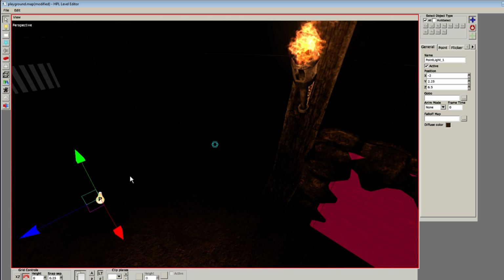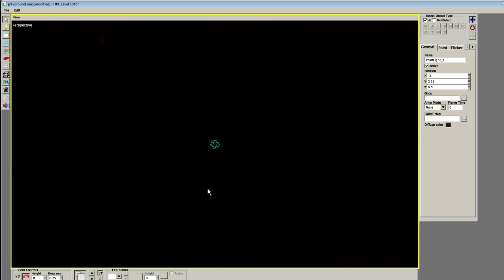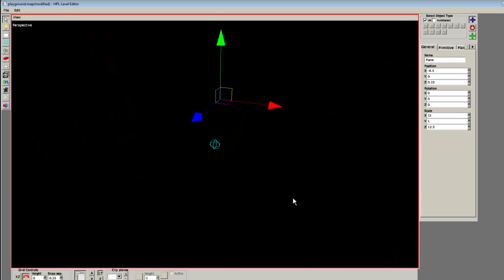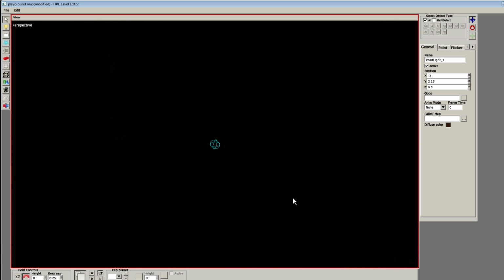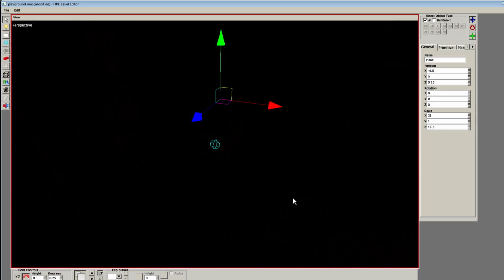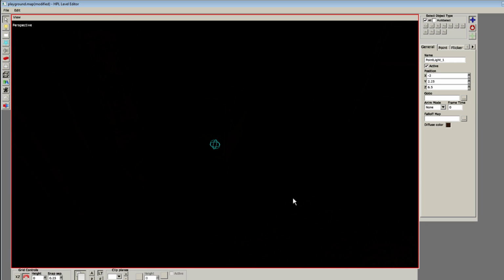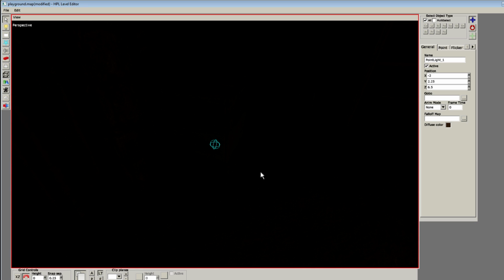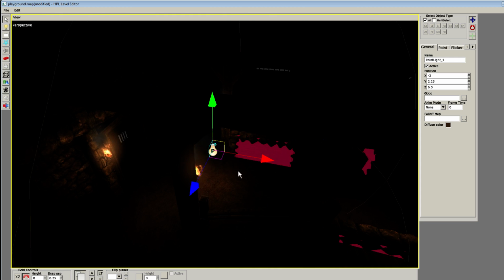It actually is a lot brighter on my screen, but I'm not sure if this will render on the YouTube video. If you turn the light off, sorry, turn it off, you won't see that at all. Yeah, it's not showing, but